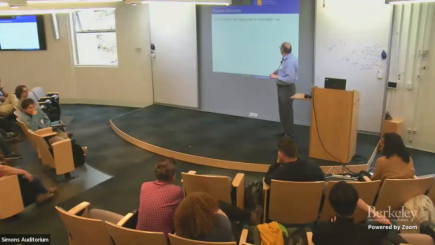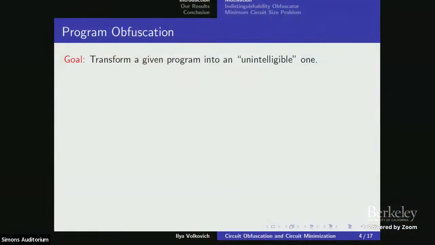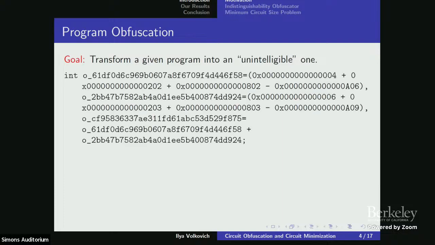So this is a place where I want to thank Rachel for introducing IO, so I don't have to talk too much about it, but I do want to say a few things. What is an IO, to level the playing field? We want to take a program and transform it into something which is unintelligible. A few days ago, there was this conversation about what programs should look like. Some of you prefer Python, but I'm a C++ person. Here is a C++ program. What does it do?